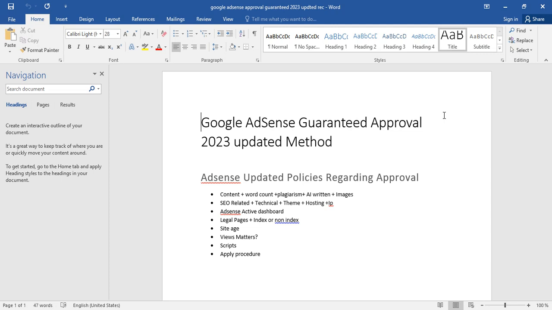You have to give specific commands, specific prompts to ChatGPT to write it for you. And for that you need a human brain and you need creativity. If you are using your creative mind to create content, then it's good. But if you thoroughly depend on AI creation, then you won't get approval at all.